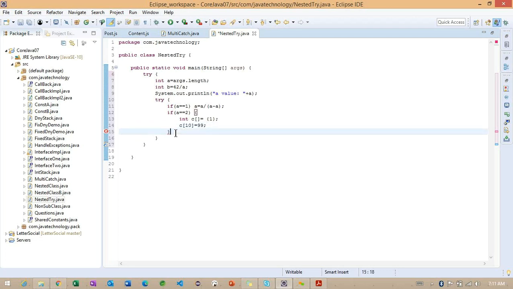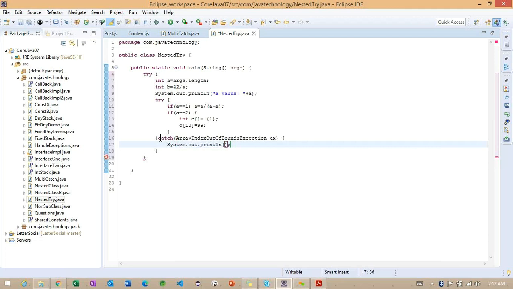And after this, okay, this is the if block and this is the try block, sorry. Here I want to handle one exception that is called array index out of bound exception. So carefully observe here, handling an exception is important here. How exactly we are creating here?